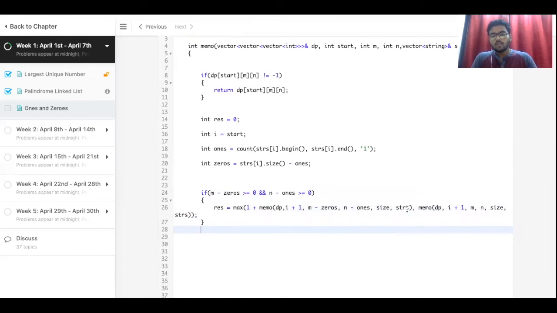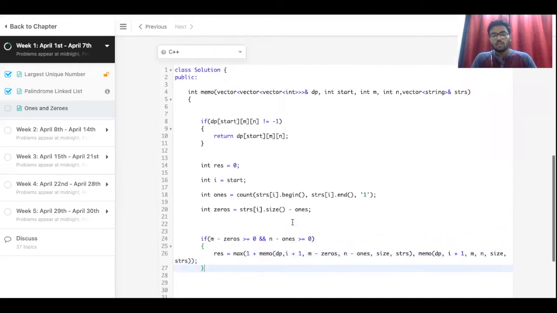But this is one of the functions which gets us 1 plus the number of subsets which are possible considering that string. And then we have another function where we don't consider the string and we move ahead. So basically we increase the index and we do not make any changes to m and n values. All right, so that is happening here.